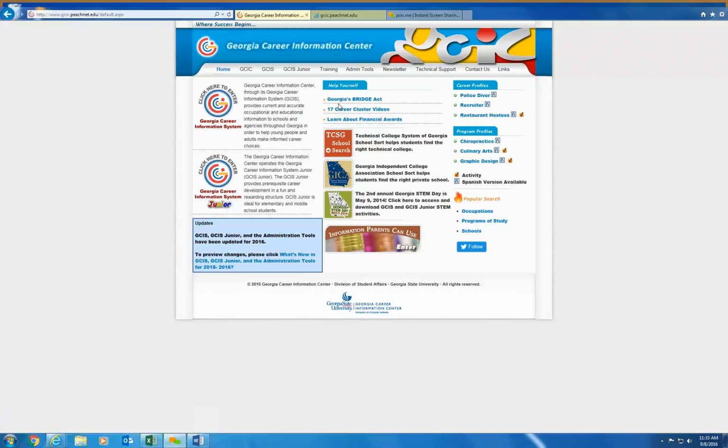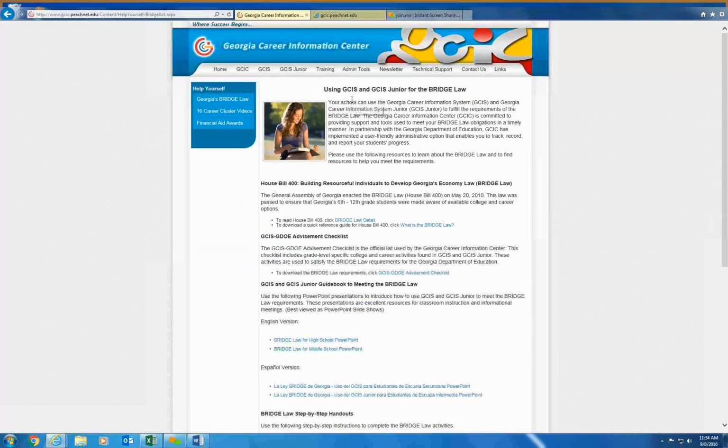And if you wanted to see that information on our homepage from the Georgia Career Information Center's page, you would go to the section called Help Yourself. And when you go to Help Yourself, you will click on Georgia's Bridge Act. And on this page, you'll see a whole wealth of resources that will orient you to the various components.